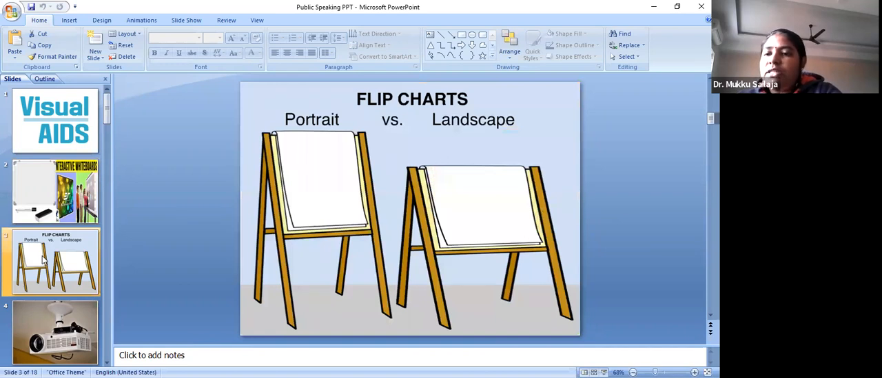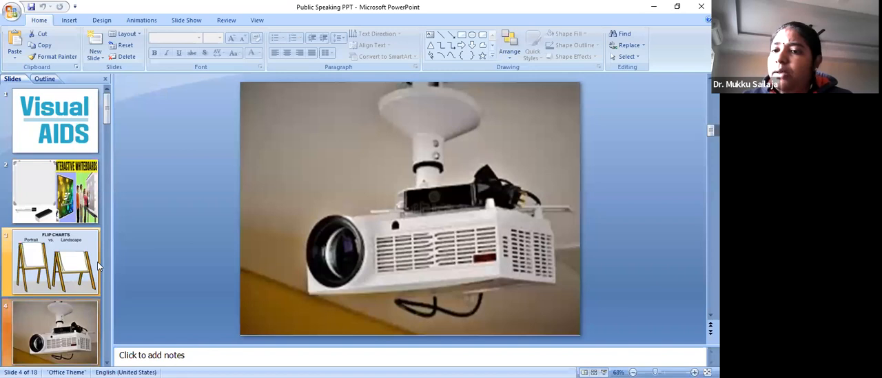And flip charts, these kinds of charts, we can carry from one place to another. They are more comfortable and flexible to provide your information in the form of pictures, images, graphs and tables. And this is an electrical tool, OHP, overhead projector, right? So this we cannot carry from one place to another in such an easy manner. It's a fixed thing, but through this we can provide